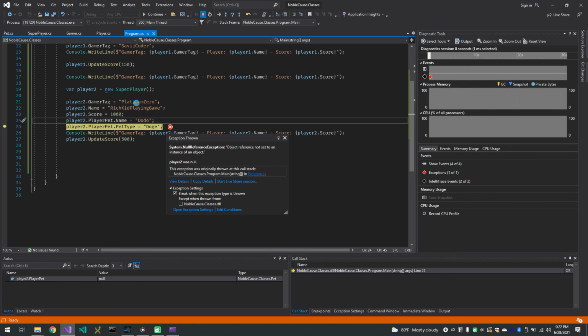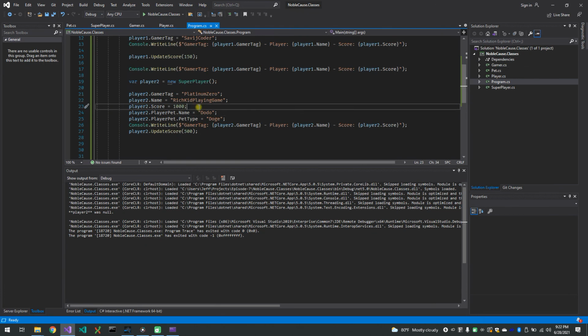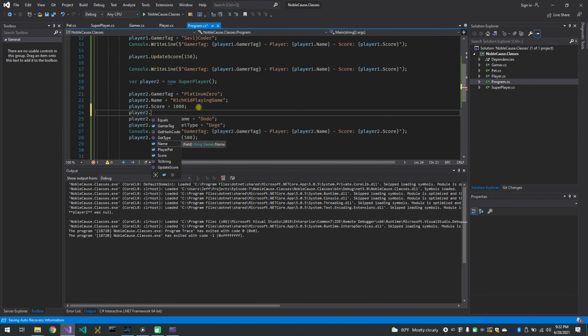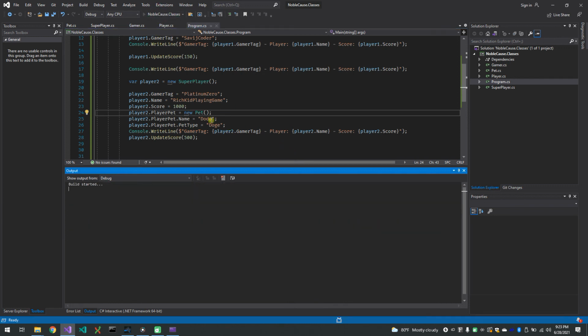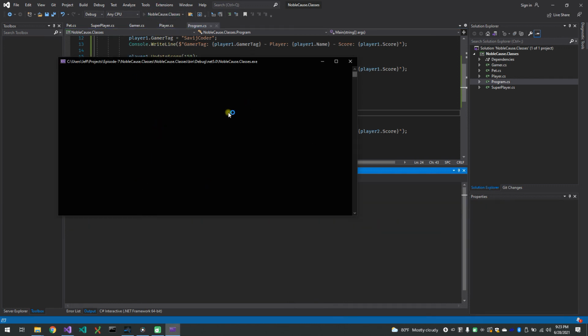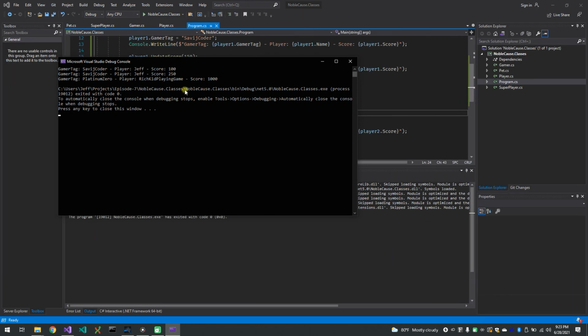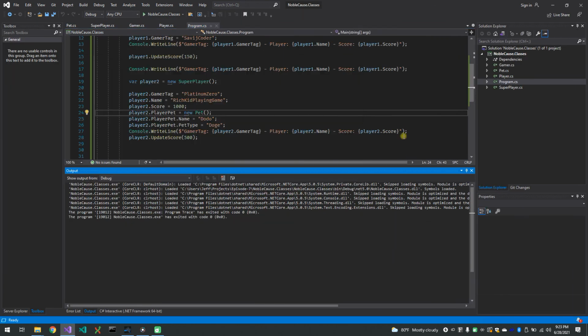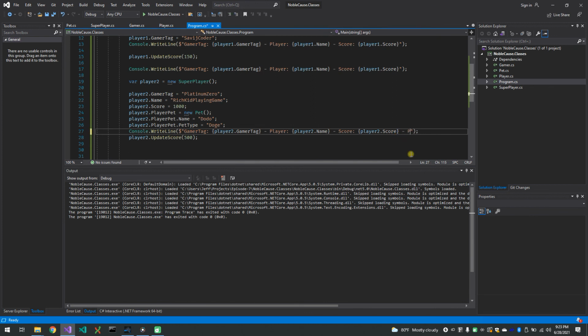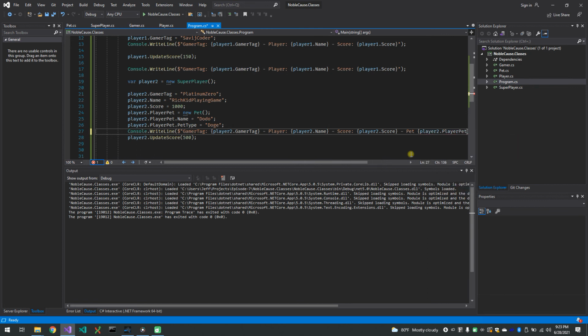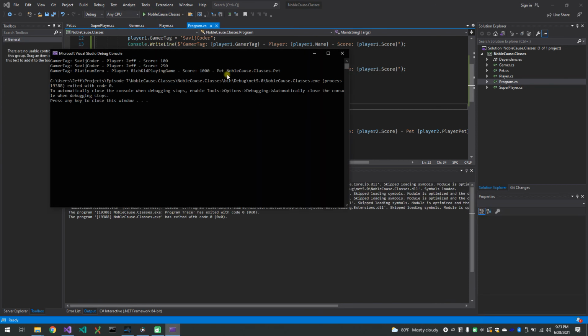There's two ways to solve this problem. We can either put here player2.playerPet equal new pet, and that would work. No more errors. Now that player pet is initialized as a new object, let's add to this dash pet and player2.playerPet. Player pet is the name of the property. So if we run that, you can see that the pet,